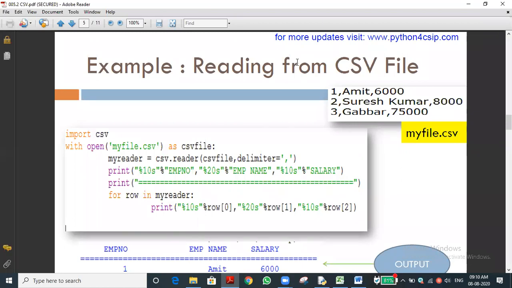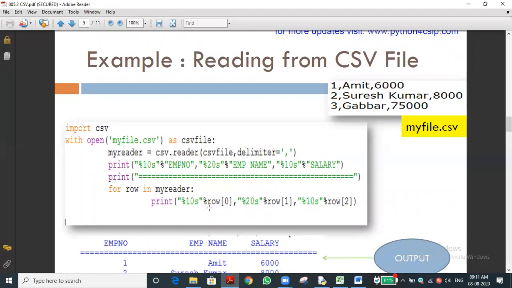Okay, yesterday we started to discuss how to read the data. We already know, and I hope you also understand, how to write the data into a file, that is, into the CSV file. Now today, as a continuation of yesterday's class, we are going to see how to read from the CSV file. This program we discussed yesterday, isn't it? Could you understand this program? Did you all understand? If anybody has a doubt, please ask.